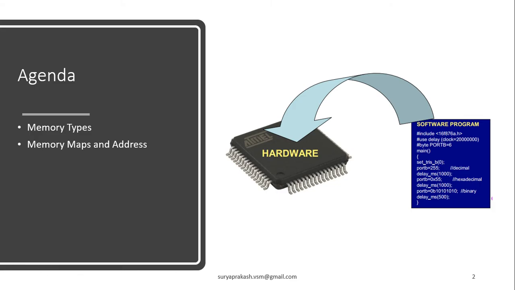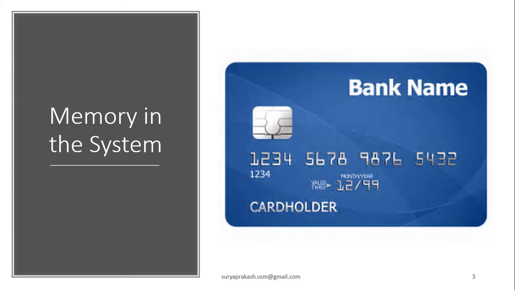Today's agenda is the classification of memory types, memory maps, and addresses. Before entering the session, we must first know what is available in our credit card. In the present scenario, we are moving towards the Wi-Fi enabled card. In olden days, we had the Visa card, which had 2 kilobytes of RAM and limited encryption,